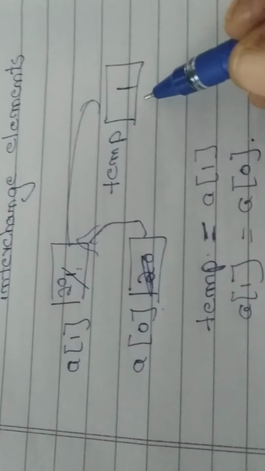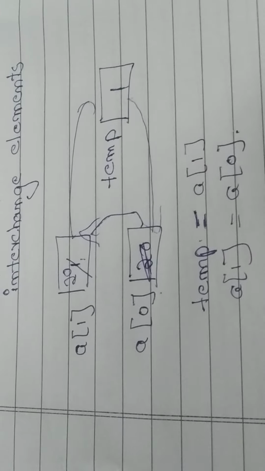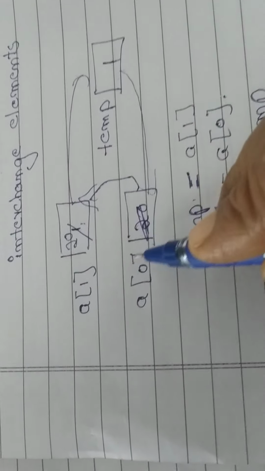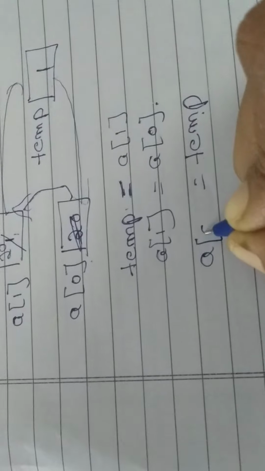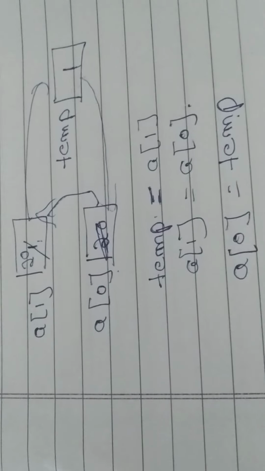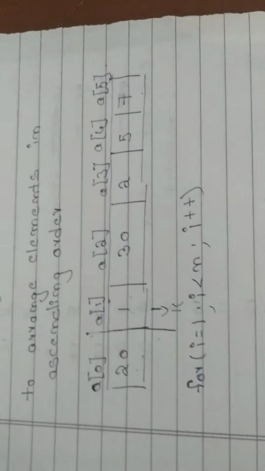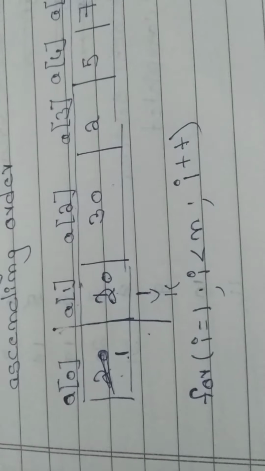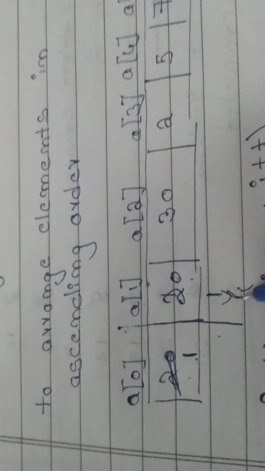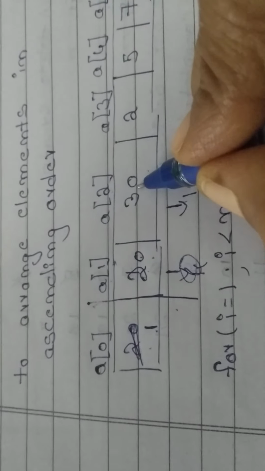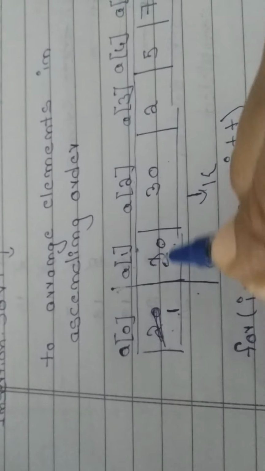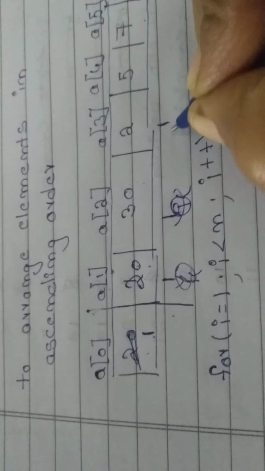Okay. Now next, whatever is in temp is shifted to A of 0. You know how to write it. This is how we are going to shift it. Now the first element is shifted, students. So 1 will come here, 20 will come here. Now this is the key element. Compare the key element with all the elements. Compare with this. This is only greater. If it is not less, we are not going to exchange. Now the key element is this.